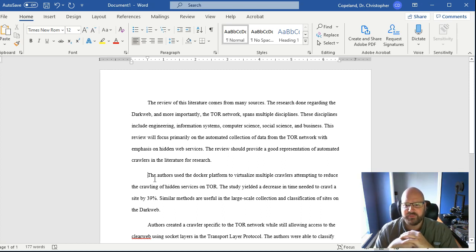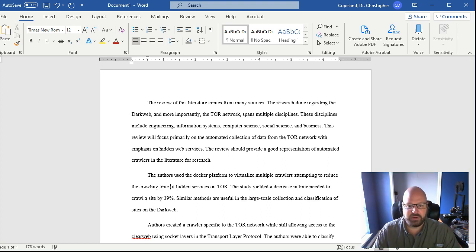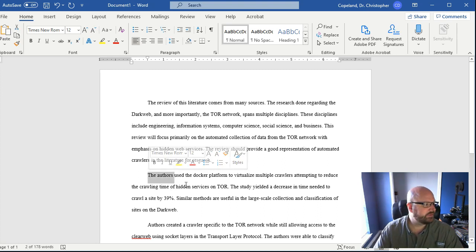The authors used a Docker platform to virtualize multiple crawlers attempting to reduce the crawling time of hidden services on Tor. The study yielded a decrease in time needed to crawl a site by 39%. Similar methods are useful in the large-scale collection and classification of sites on the dark web. Okay, so they wrote some code. They created this artifact, and then they've gone through and tested that artifact, and these are the results of that test. So instead of saying the authors, I will come in here and say,